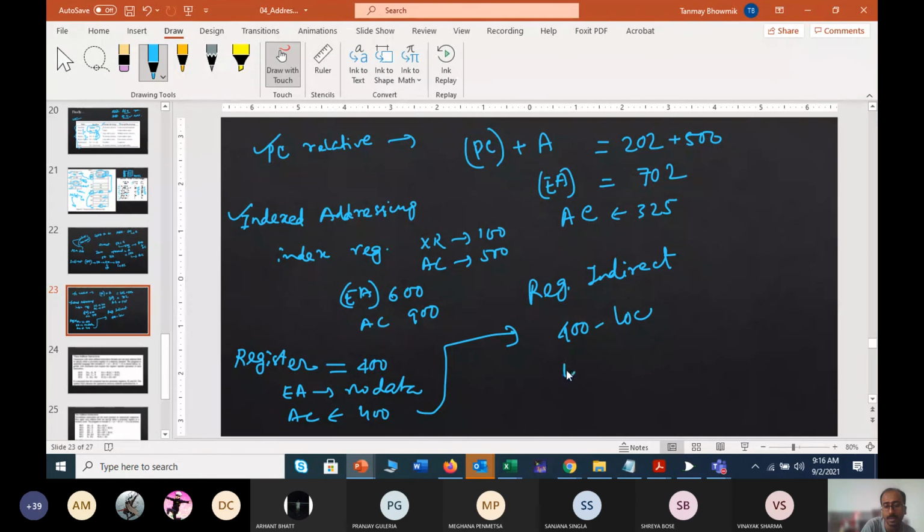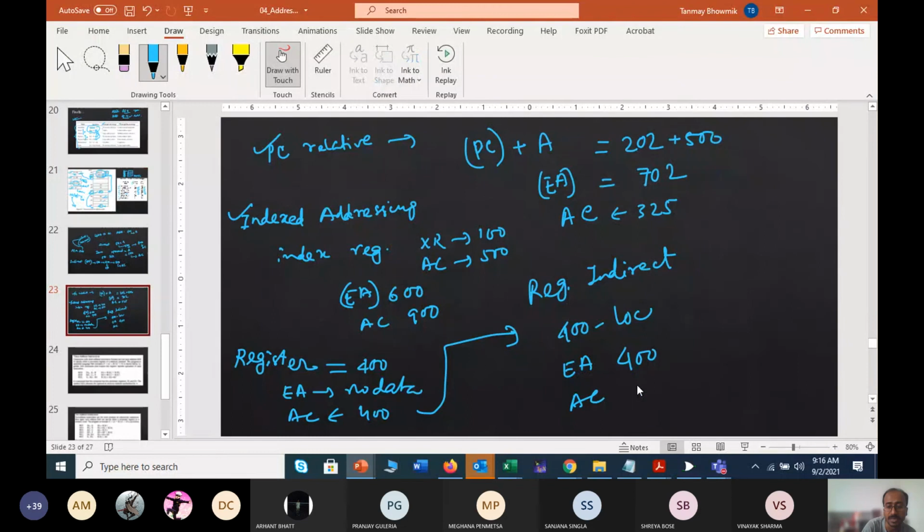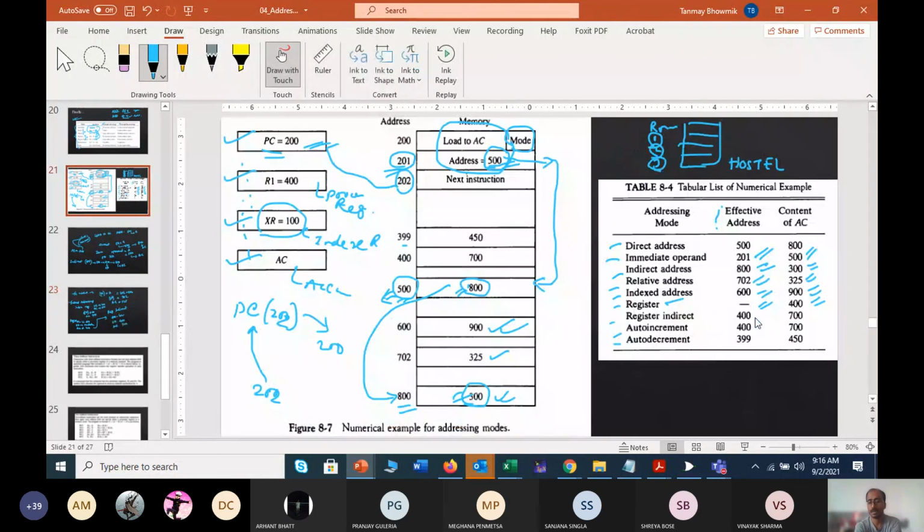At that time your effective memory address will be 400, and I have to check the content of 400, which is 700. So accumulator content will be 700. So this is the data: 400 and 700.